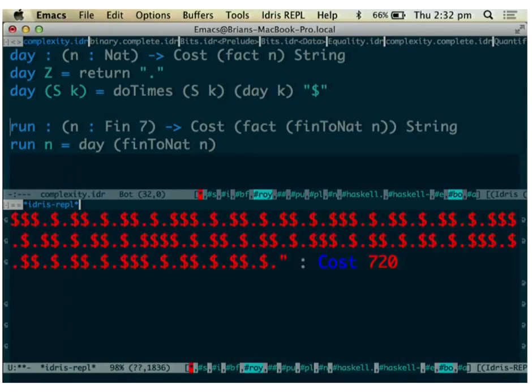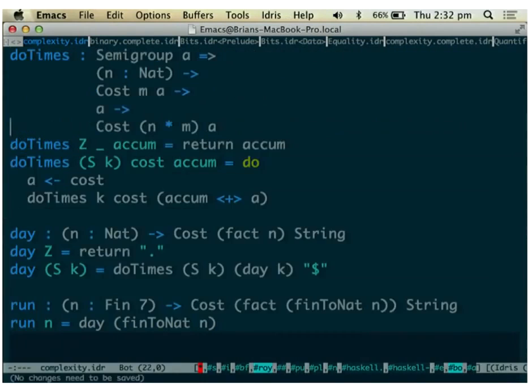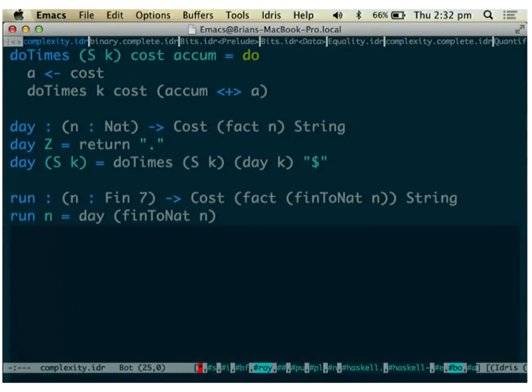Is anybody impressed by that? I was. It's pretty cool. Yeah, so